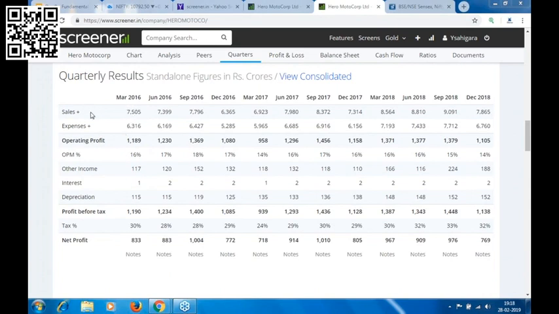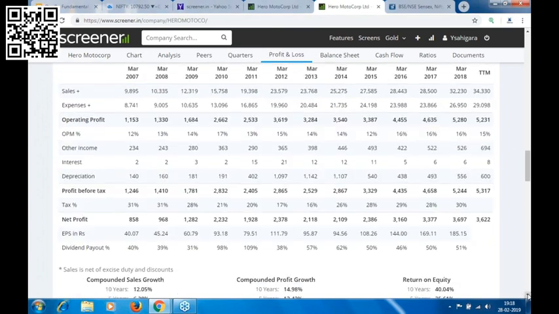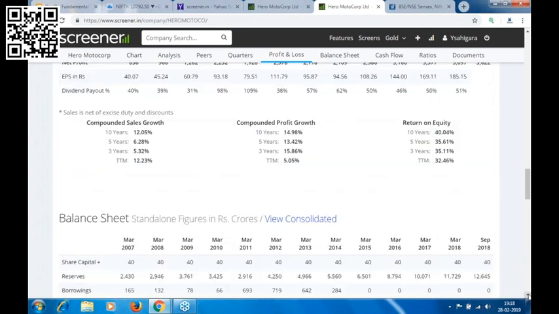So in this also, these are the factors that you need to see: that the sales are increasing, the operating profit of the company is increasing, and the operating margin of the company is also increasing. Now over here we are talking about a good company, and another important factor that you need to keep in mind is that you need to look at